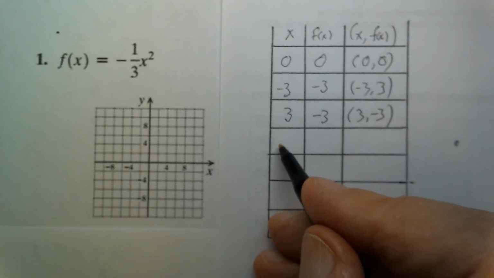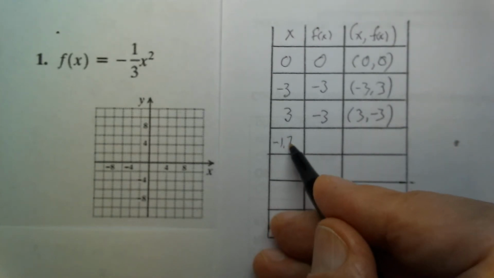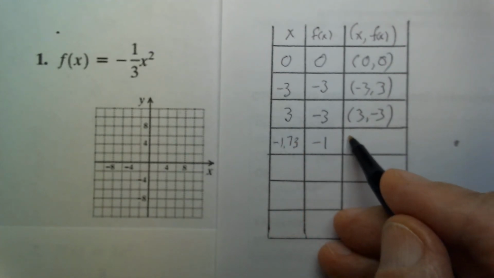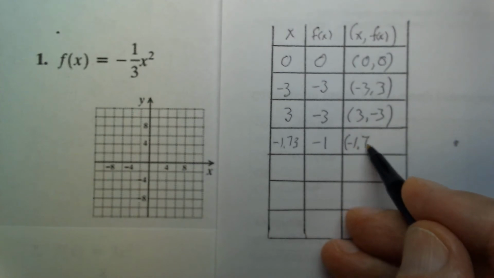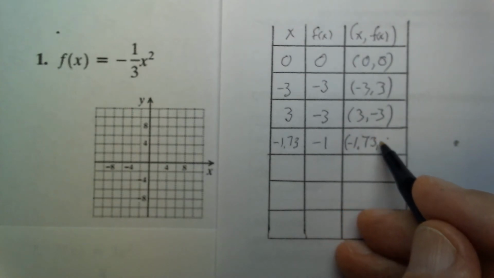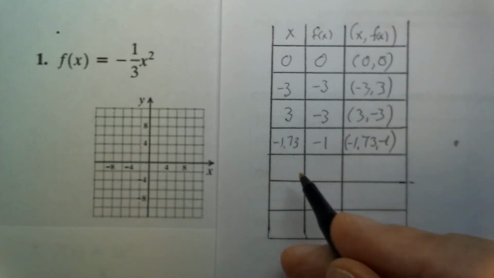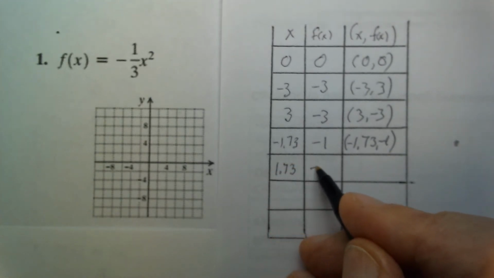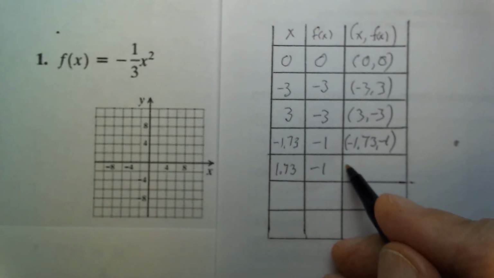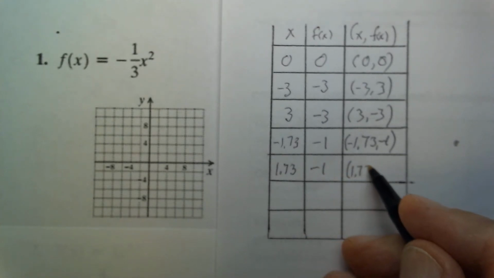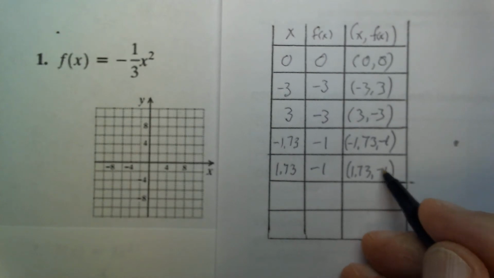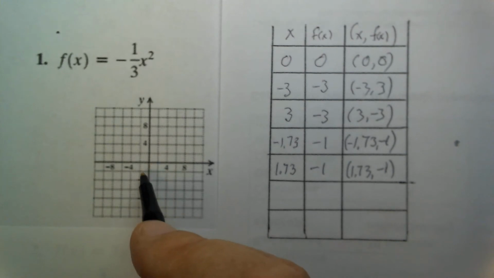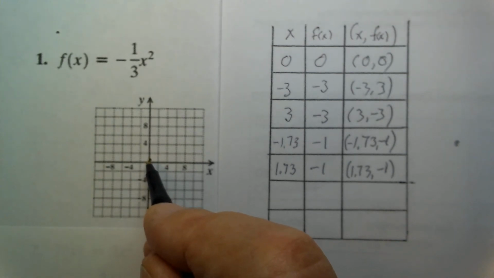And when x equals -1.73, then f of x equals -1. So we have -1.73, -1. And when x equals 1.73, then f of x equals -1, which gives us 1.73, -1. So now when we plot these points on the xy coordinate system, this would be our first point,